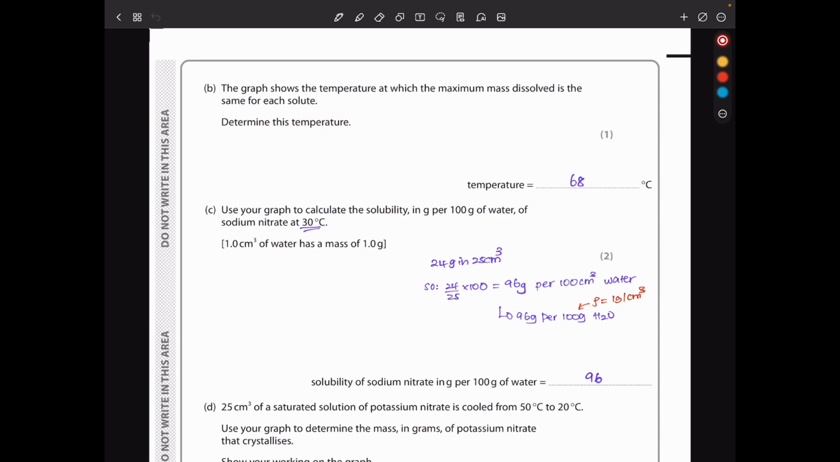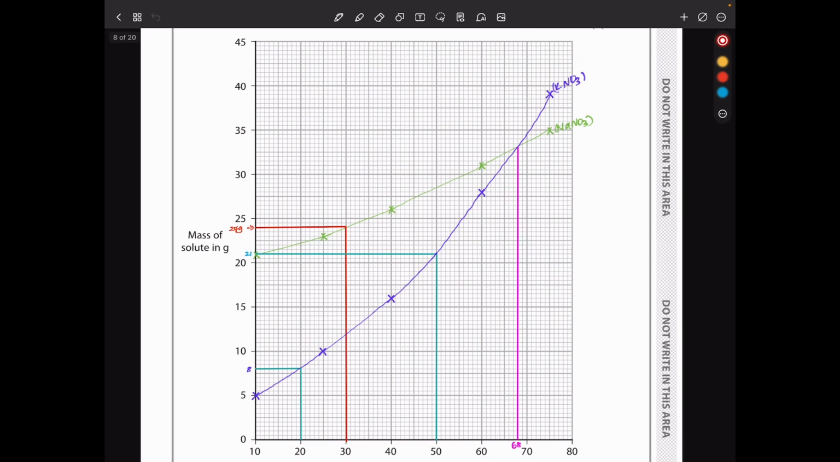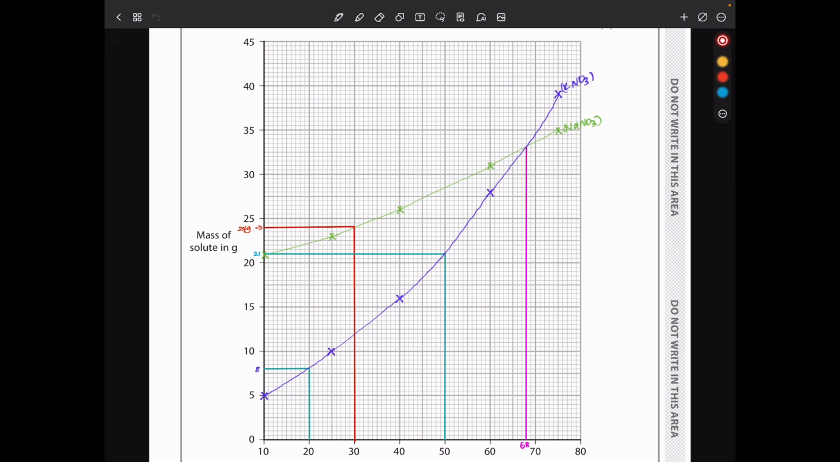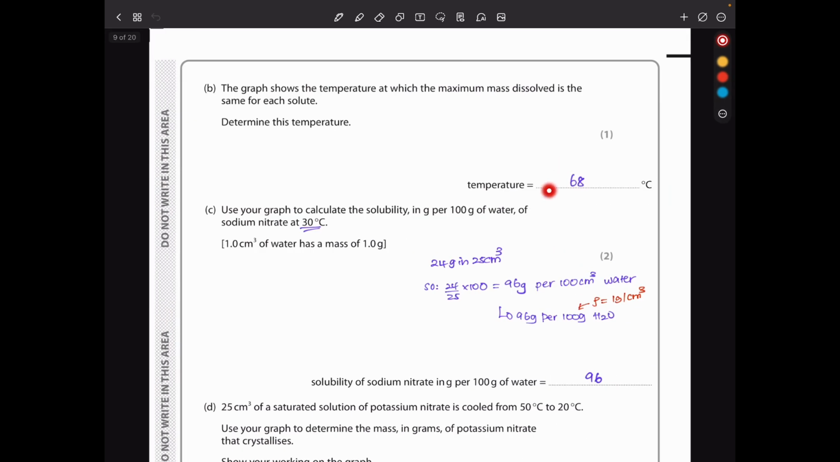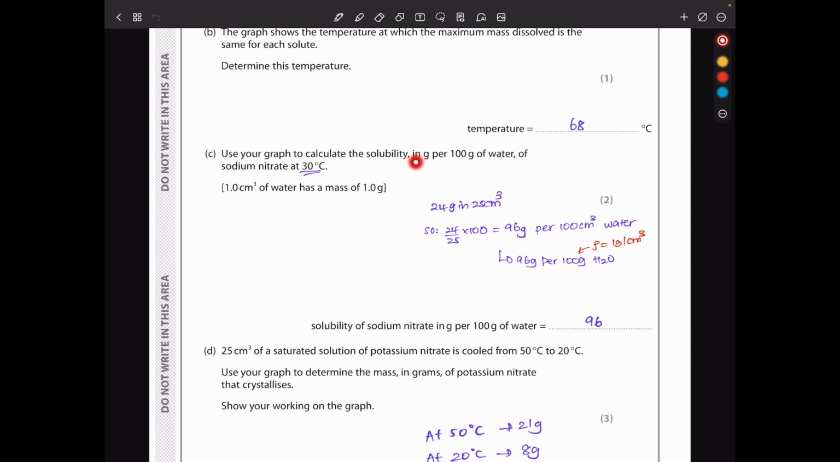Determine this temperature. We need to go back to the graph. Both of them, this is going to be the temperature, which is about 68 degrees. So that was my answer here. Then use your graph to calculate the solubility in gram per 100 grams of water of sodium nitrate at 30